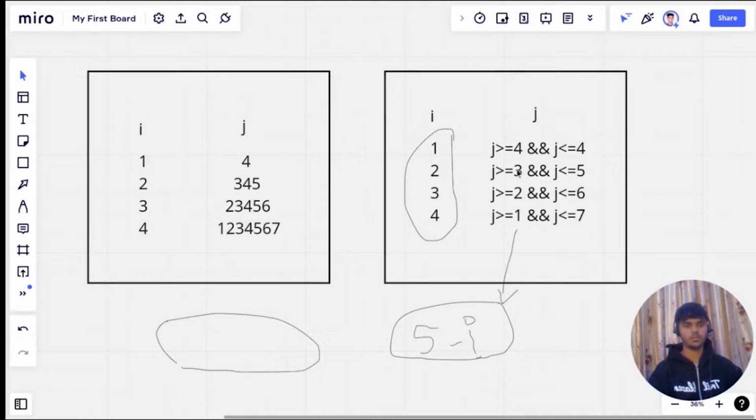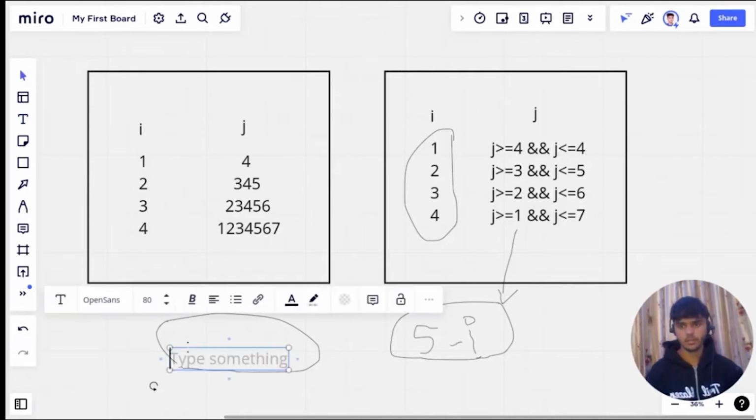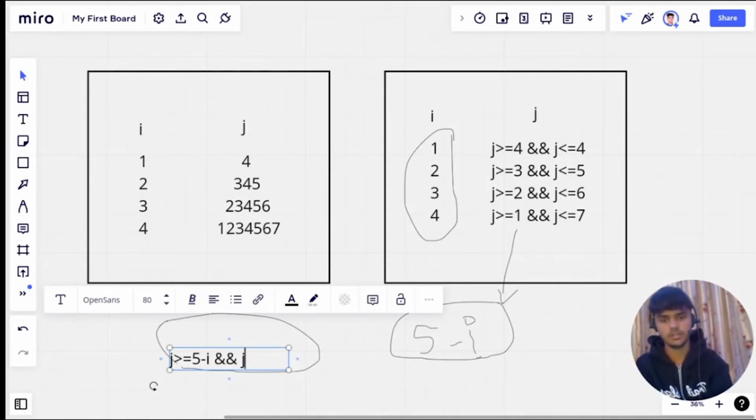5, 6, 7. So for this section of the code, we can write 5 minus I, and 5 minus I when I is 1 is 4, when I is 2 it is 3, when I is 3 it is 2, when I is 4 it is 1. And now we can write right here, j is greater than or equal to 5 minus I, right? 5 minus I, and j is less than or equal to,